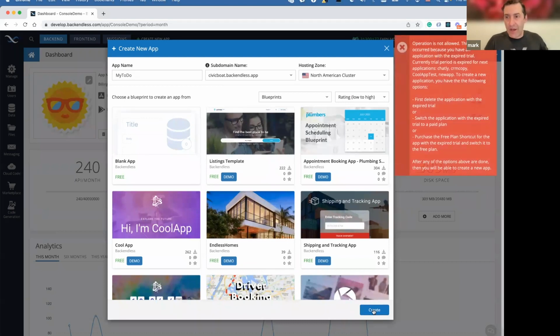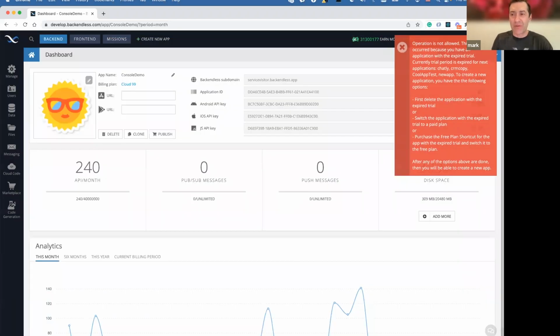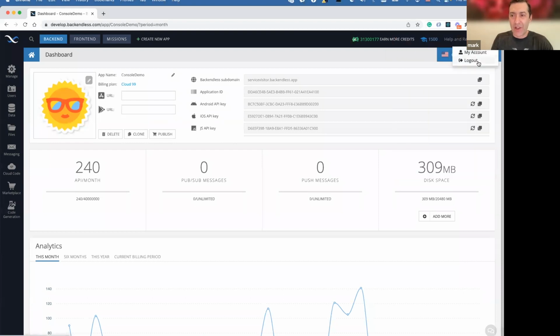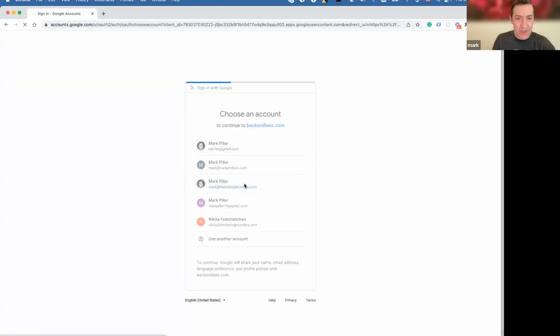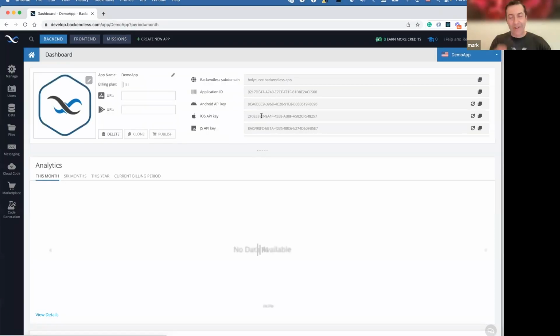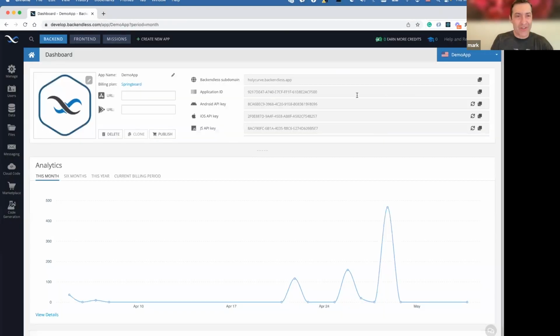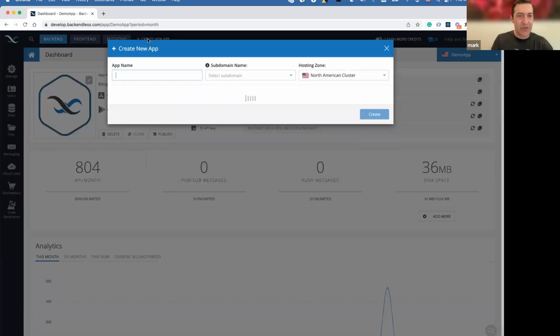So, and I think I have, so I have a couple of apps that have expired. Let me do this. What I will do is I will actually log out and log in with some other account that doesn't have as many apps. And let me just pick one right here, because I will not go into that story. So here we are. I don't have that many apps here. Let me create my to-do again